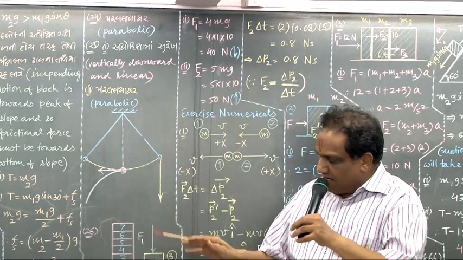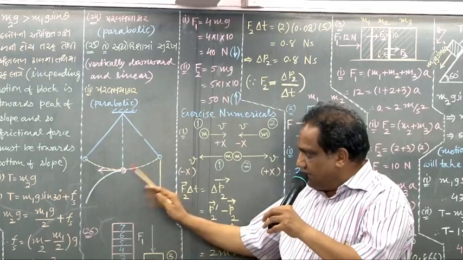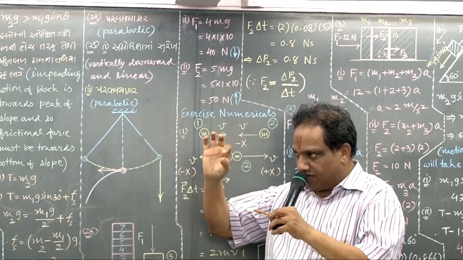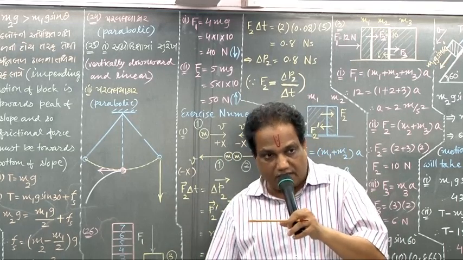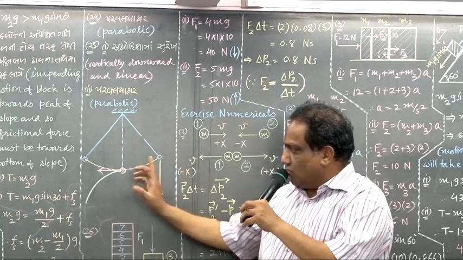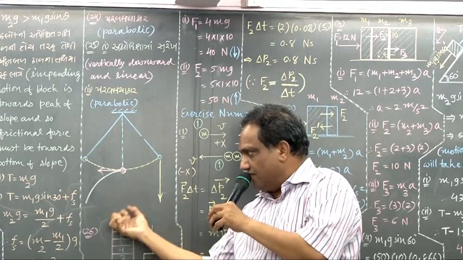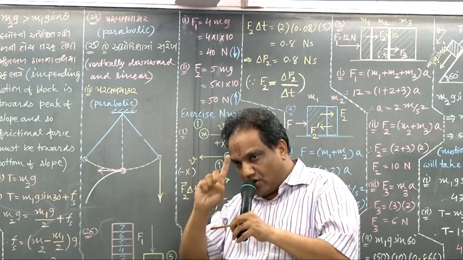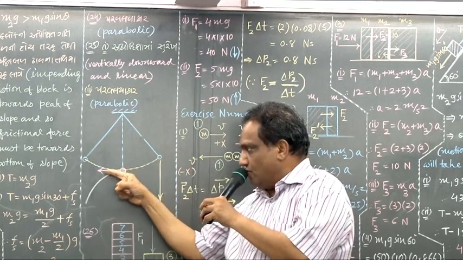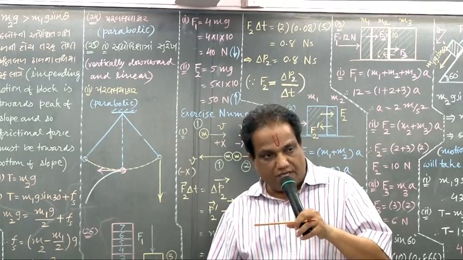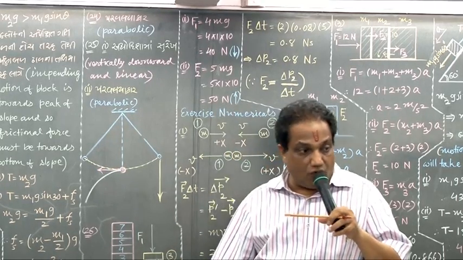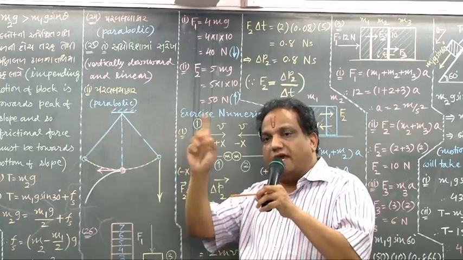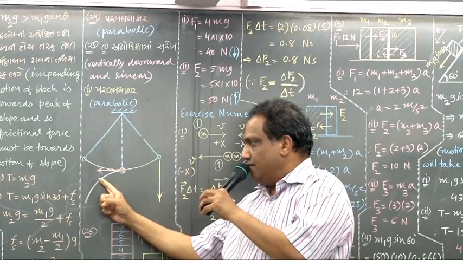Correct? And now, because the string is cut, it is now a body which is thrown with some constant velocity along the horizontal direction. Now it becomes a projectile. Now this is a loose body on which there will be downward gravitational force. Because of that force, acceleration along the downward direction will remain constant, and velocity along the horizontal direction will remain constant. A motion having these two specialities is called projectile motion. So now this body has become a projectile, and hence the path followed by it would be a parabolic path.